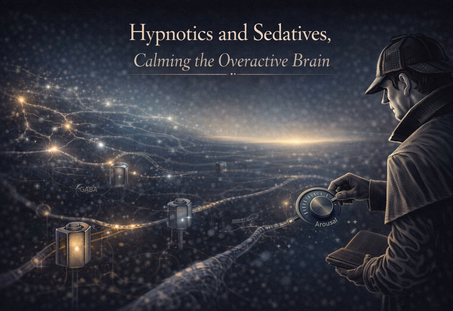After that, we'll do a deep dive into pharmacokinetics, specifically why the liver is the ultimate gatekeeper for these drugs and why some leave you with that awful hangover feeling while others don't. We also absolutely need to talk about sleep architecture. Are we actually fixing sleep with these drugs, or are we just knocking people unconscious? Because those are two very, very different things. A crucial distinction. Then we'll look at the novel agents, the newer drugs that don't even touch GABA at all, a completely different approach. And finally, we have to cover the dark side. Tolerance, dependence, and the lethal synergy of mixing these drugs with other depressants.